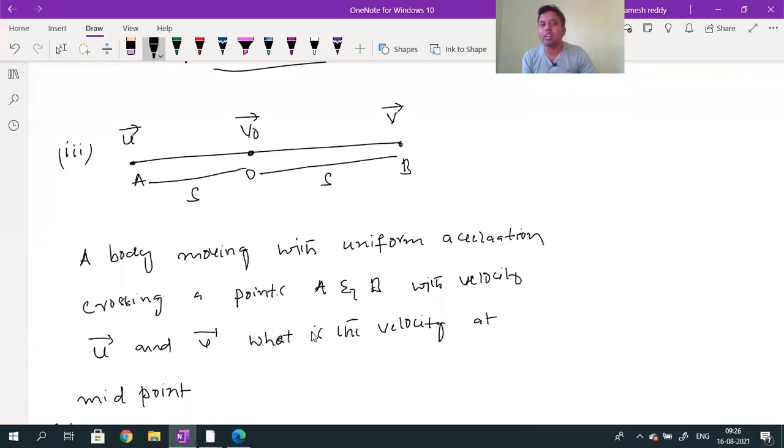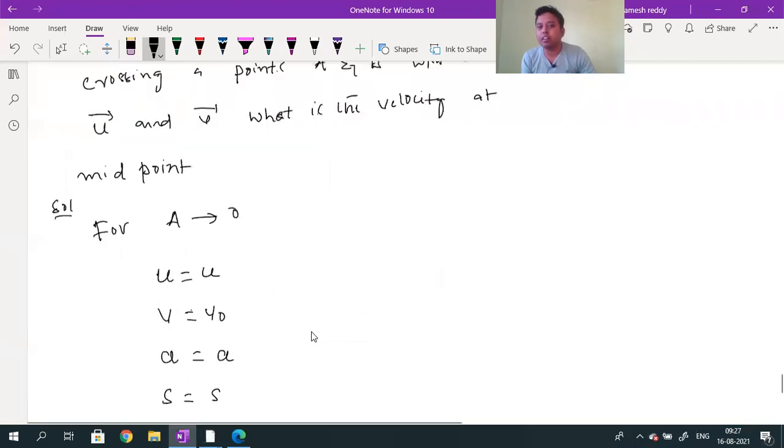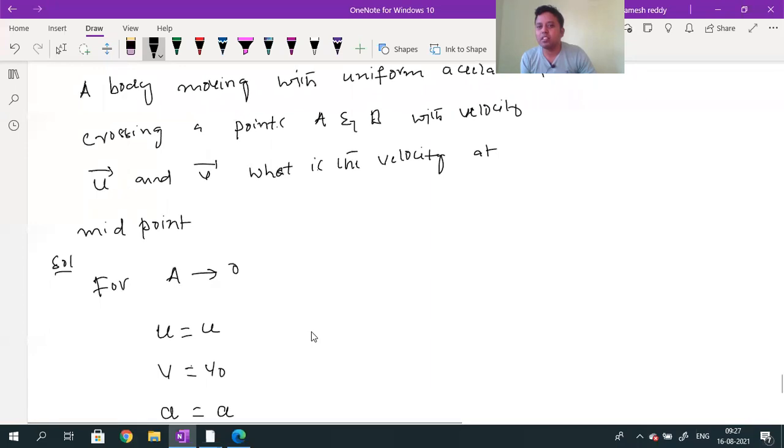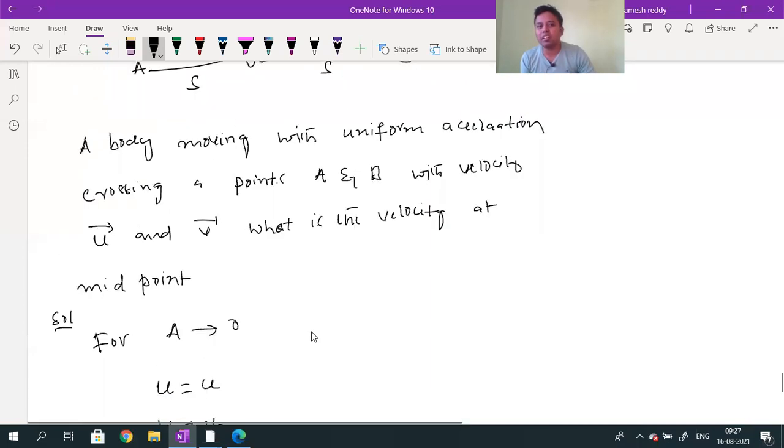The acceleration value will be constant. Even directly you can write it: you can find the acceleration from the A to O journey, and you can find the acceleration from the O to B journey, and by equating those accelerations, I can calculate this resultant velocity V naught. Is it okay? Directly I can write it actually, instead of writing all these. Yes, these equations are used in problems. Even this is a question, even this is numerical only.